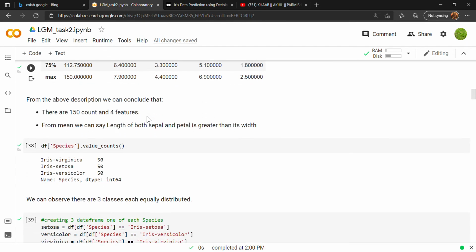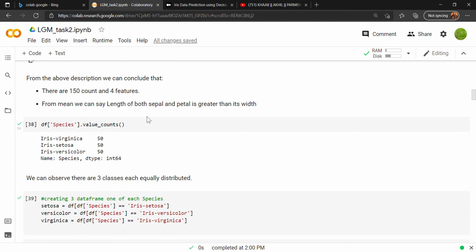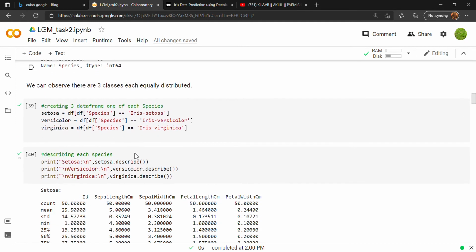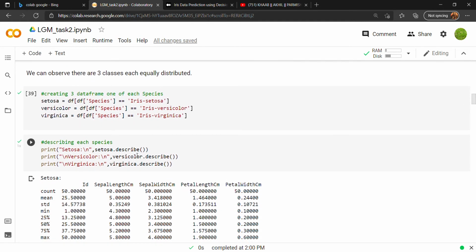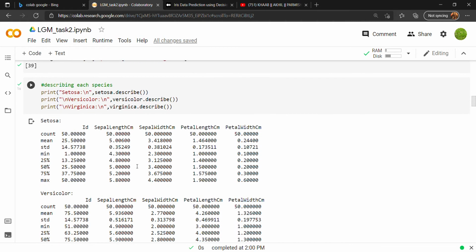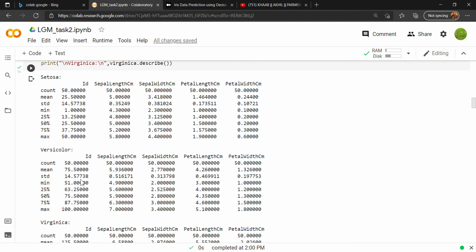Okay, coming forward, now we will count the number of species. We can see that each species is equally distributed, as the count is 50 for each of the samples. Now we will divide the data by species to form a data frame each. These are as follows: setosa, versicolor and virginica.